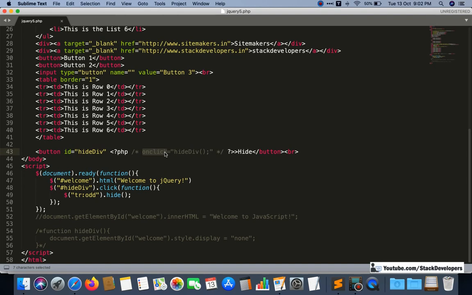Then this event is replaced with the click event that we are currently using in all videos. We are using this click event. So our on click DOM event is replaced by the jQuery click event. I hope that this is clear to you. Our on click DOM event that came in the past is replaced by the click jQuery event. Okay, so this is a kind of thing.